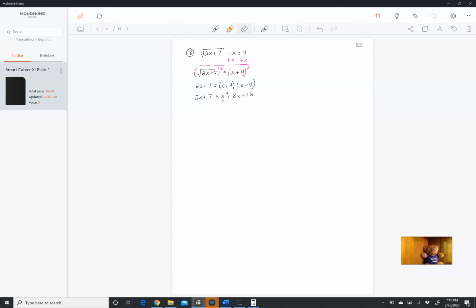So we have an x squared. That means that this is quadratic. So the fact that it's quadratic means we have to set it equal to 0. Again, this isn't harder. It's just more work. It's just more steps. That's it. So now we're going to subtract 2x from both sides and subtract 7 from both sides. This is to set it equal to 0. So the 2x cancels, the 7 cancels, and what we have here is x squared